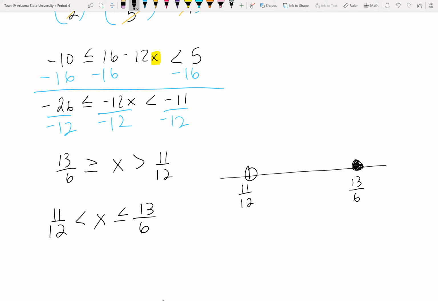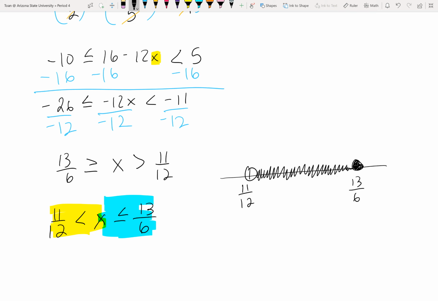And notice what the inequality says. If you read it separately, I'm going to read it from the x's perspective. Yes, this does say 11 over 12 is less than x, but from the x's perspective, this says x is bigger than 11 over 12. And then the blue here, from the x's perspective, says x is smaller than 13 over 6. So my shading has to be every single number that's bigger than the left number, yet smaller than the right number. Naturally, visually, that's every single number in between here,